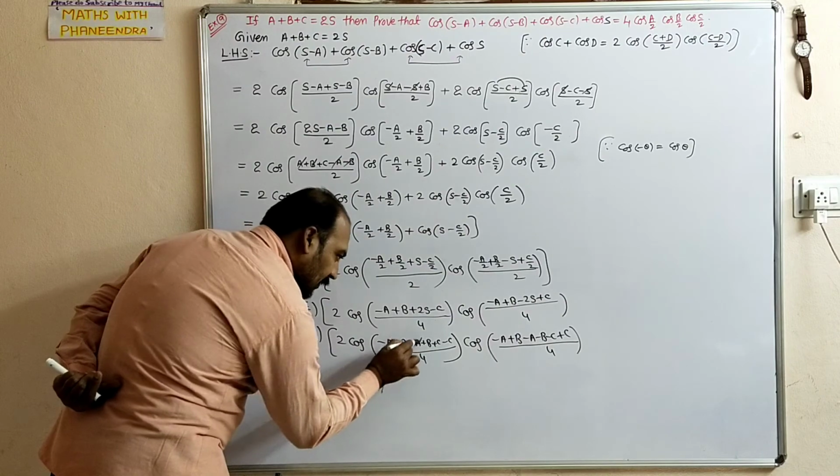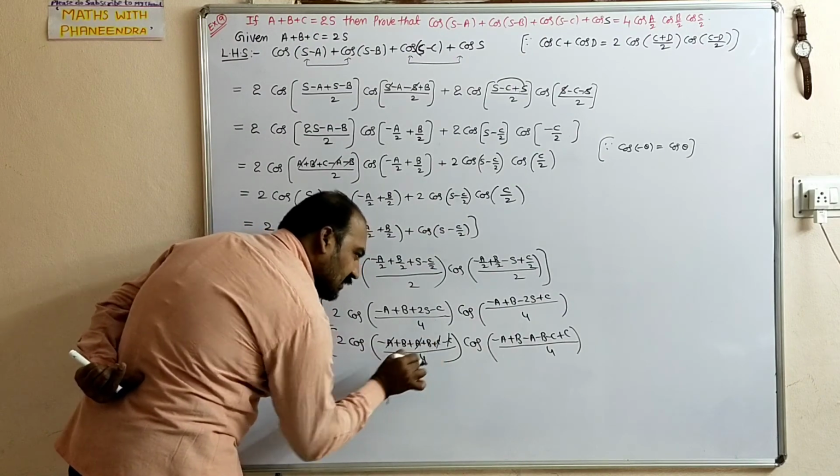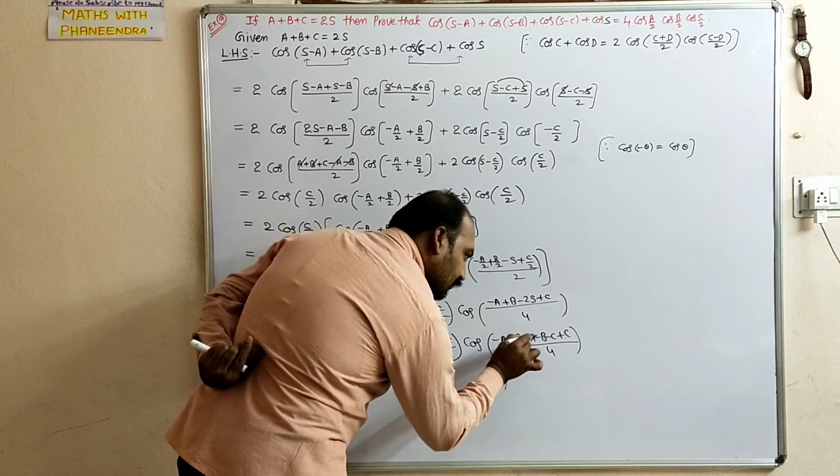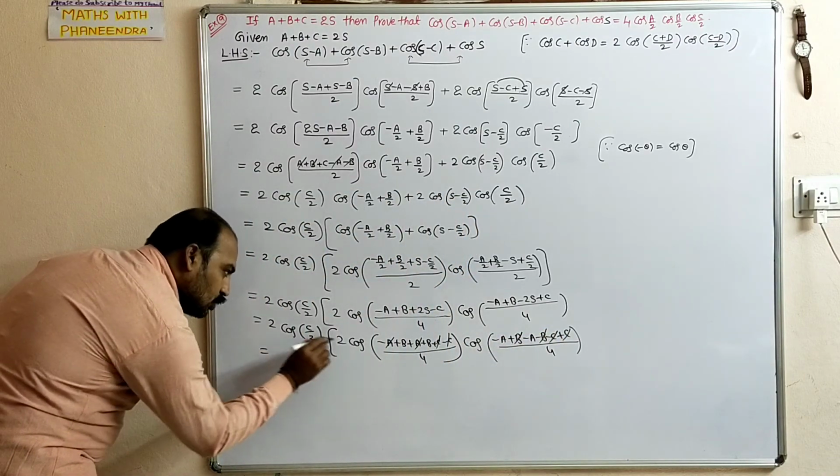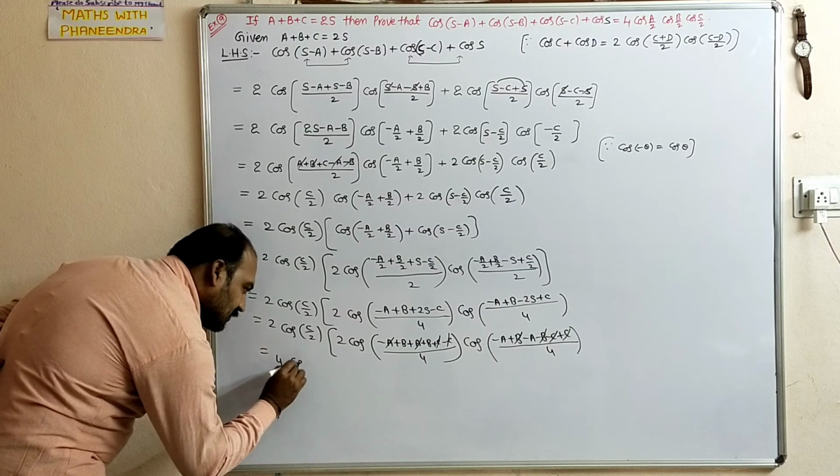So here plus A minus A get cancelled, plus C minus C get cancelled. Here plus B minus B, plus C minus C. So remaining 2 into cos C by 2,